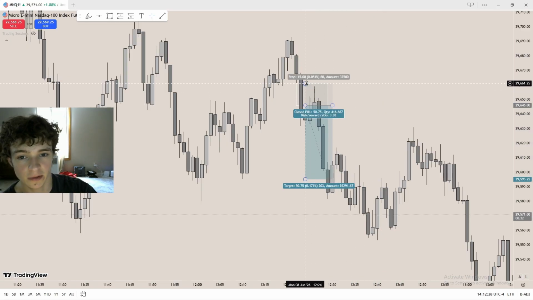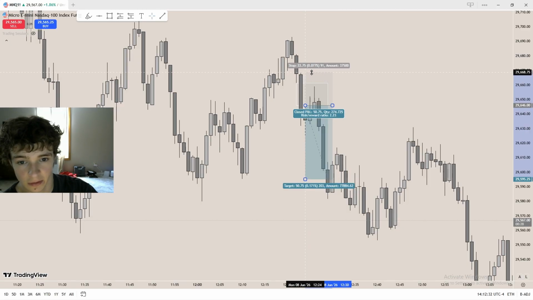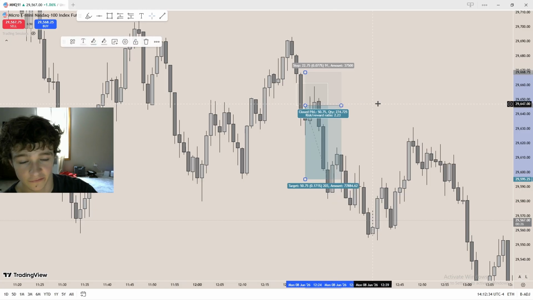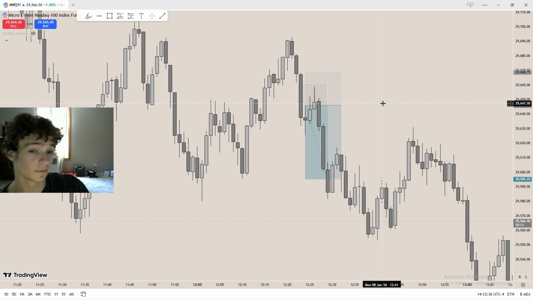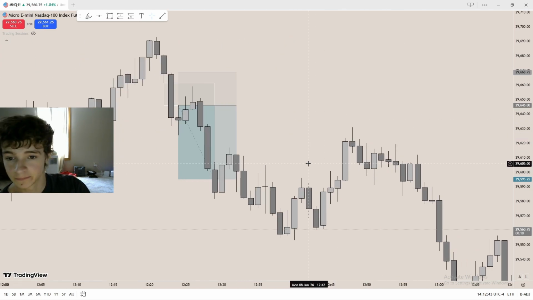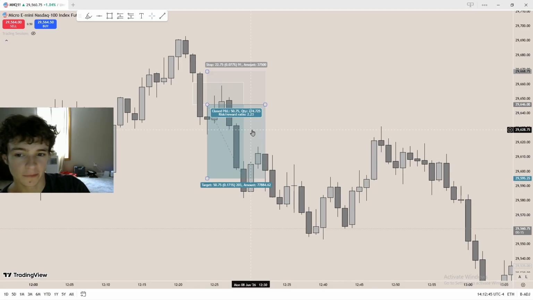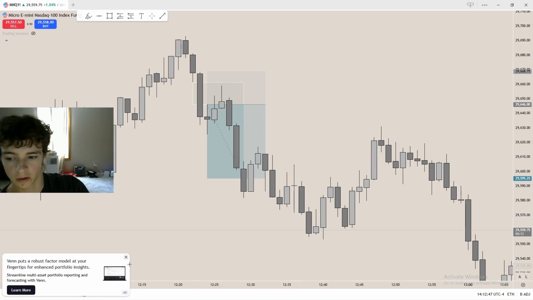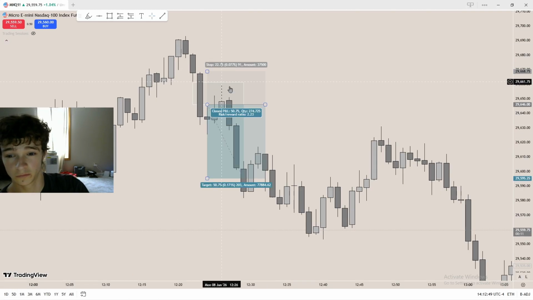I would put my stop loss a little bit above the fair value gap, because sometimes price does like to trickle up and then it will come right back down. So I give my stop loss a little bit of wiggle room, just in case. So, a beautiful 2 to 1 RR. You would have made